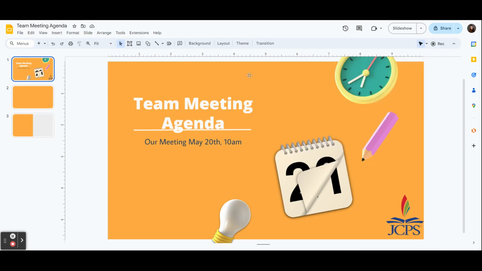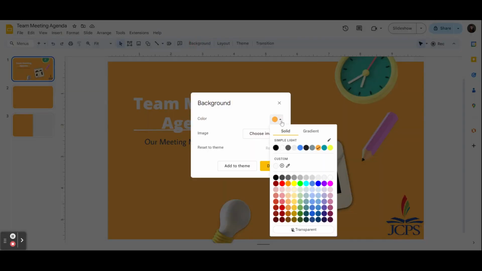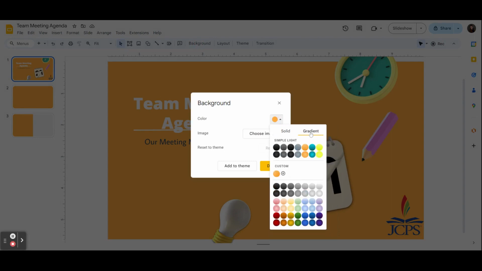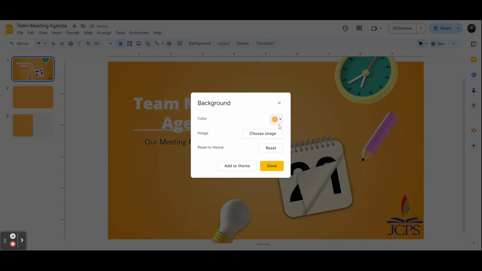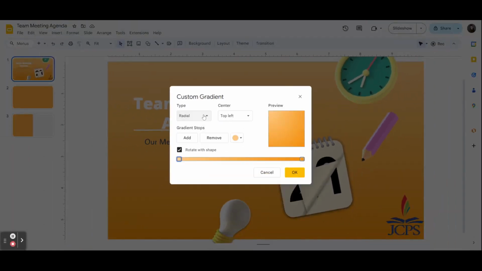If we still feel like our slide is not popping, we can make adjustments to our background. Background, I'm going to select the color. This time, I'm going to select a gradient. I still like this orange, so I'm going to make some adjustments. I'm going to select the color, gradient, and then we can select where we want the gradient view to come from. Center,